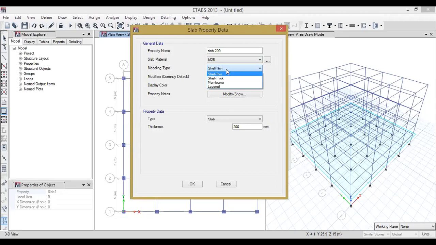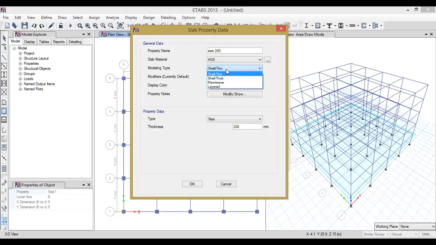The meaning is, if we provide a membrane type of slab, the function of that slab is just to transfer load from one member to another member. It will not resist bending, right? Bending means out-of-plane bending, right?